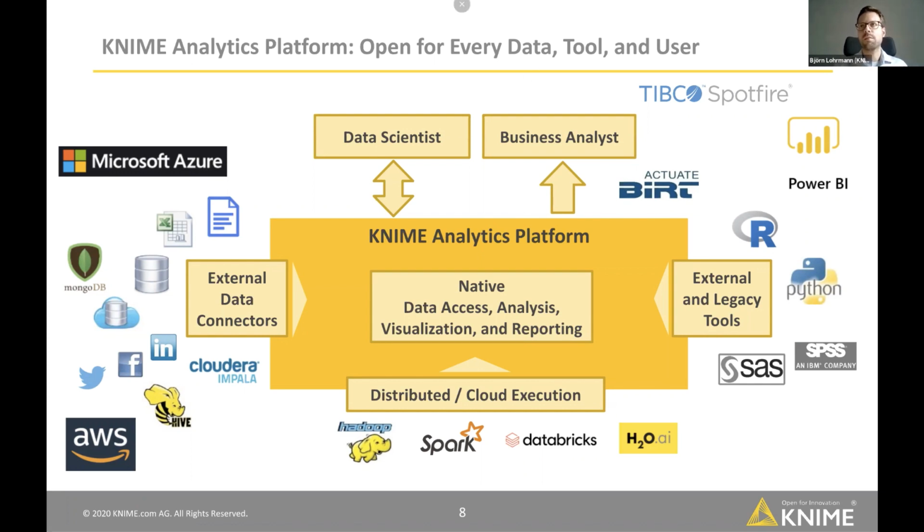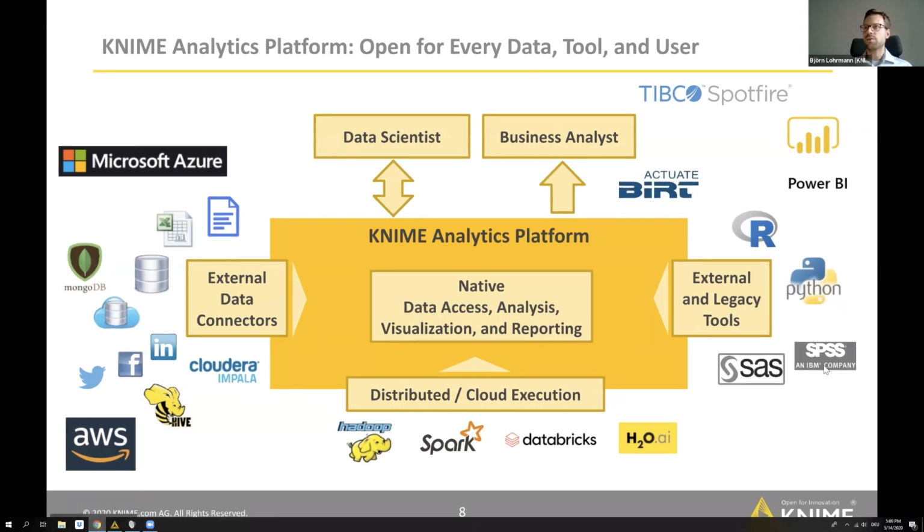On the other hand, we have integrations for other external tools that allow you to enrich the Knime experience with features of that particular, for example, programming environment. I'd really like to highlight the Python integration here, which is really nice because it allows you to reach out to all the existing Python libraries, which are really popular in the data science domain.